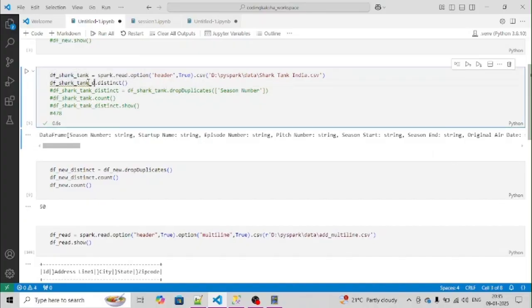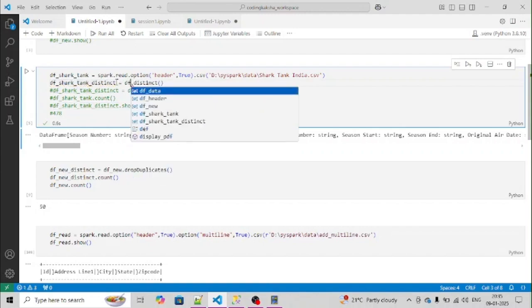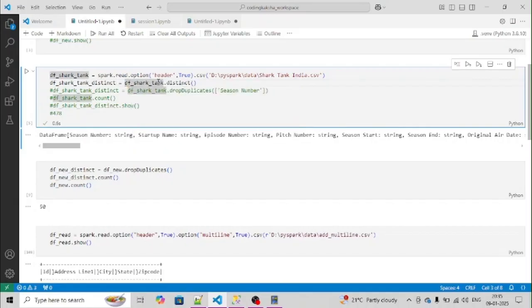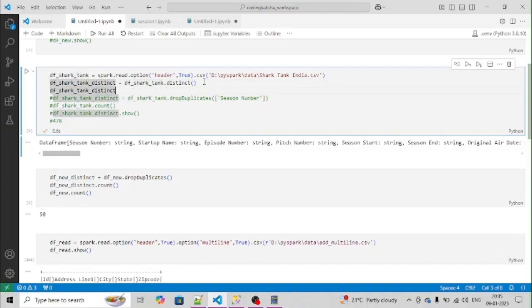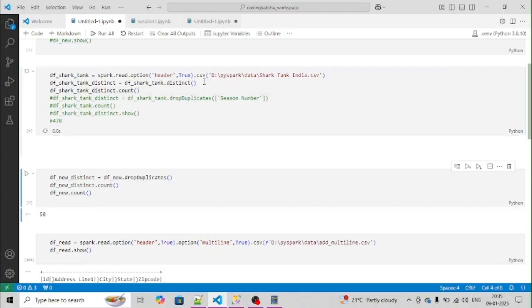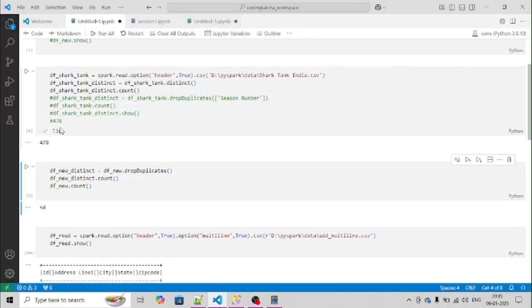Just give this distinct equals to df Shark Tank distinct, and we will print the distinct one, just dot count. We require the count of this. So let's check how much count we are getting. Earlier without distinct we were getting 478 records. So there is not a single duplicate if we go like this.